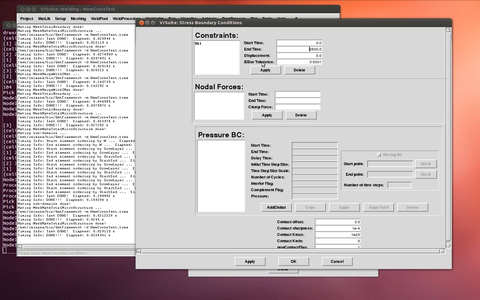It's important to apply these separately in order for it to take hold. Otherwise you can edit these things and wonder what happened. It didn't take effect. You need to apply. We don't have any pressure BCs or nodal forces to worry about in this project. So we will